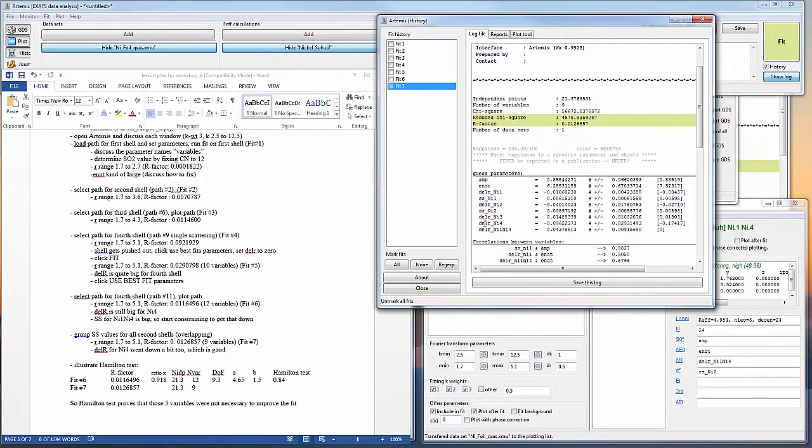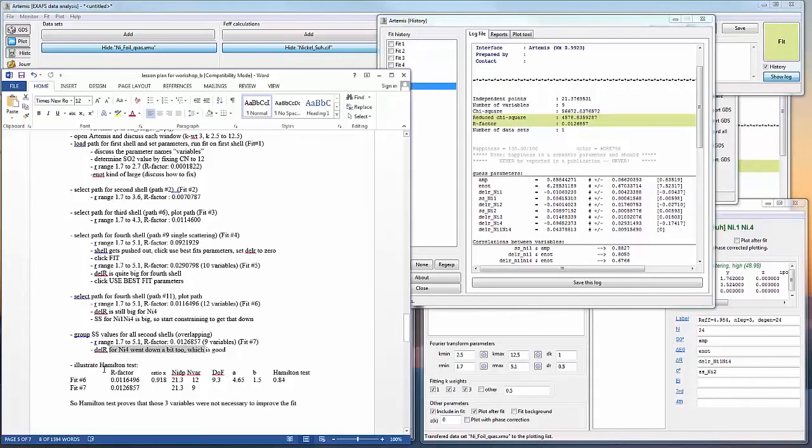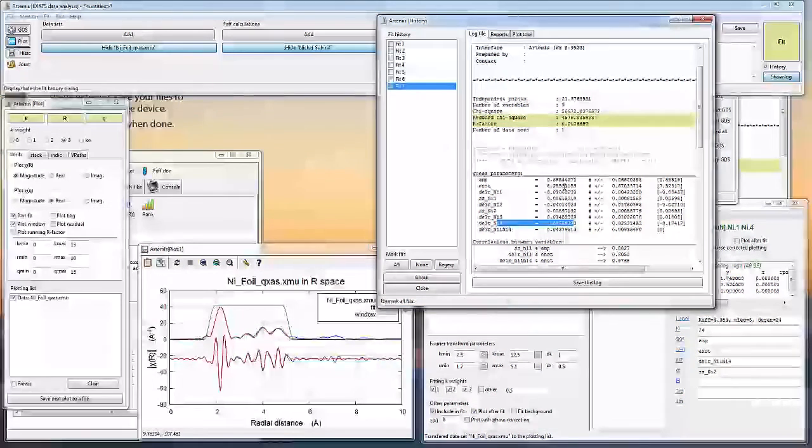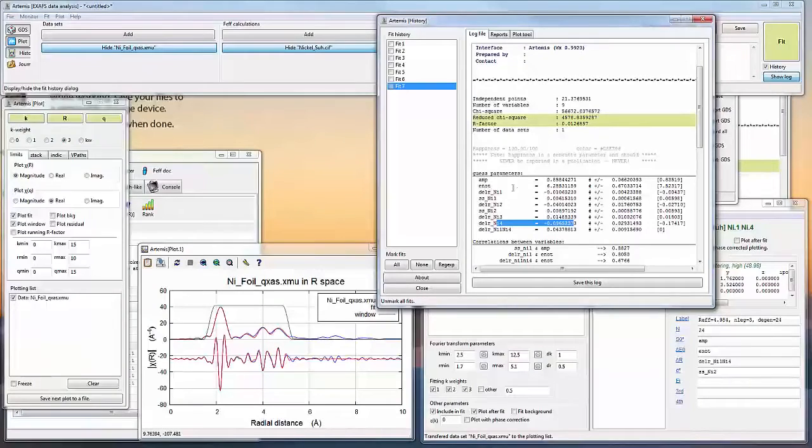You can see by constraining our fit and adding that extra path, our delta R, which was kind of big before for the fourth shell single scattering path, actually has gone down a little bit. So what we're going to do now is just illustrate how to do the Hamilton test to see if adding those 3 extra variables, which gives us a smaller R factor,